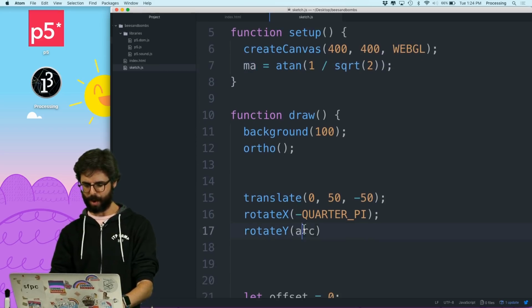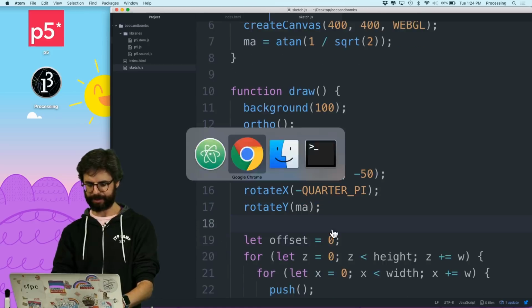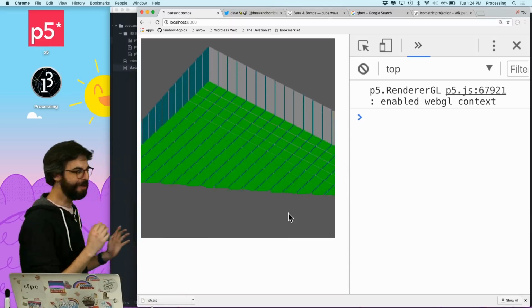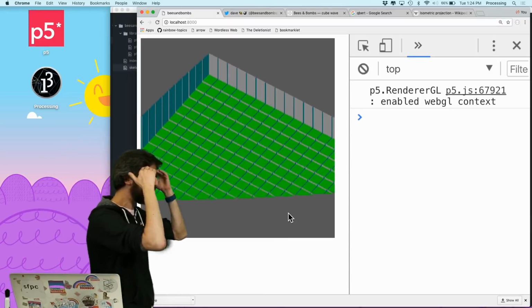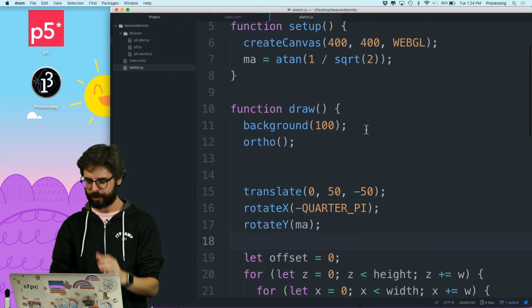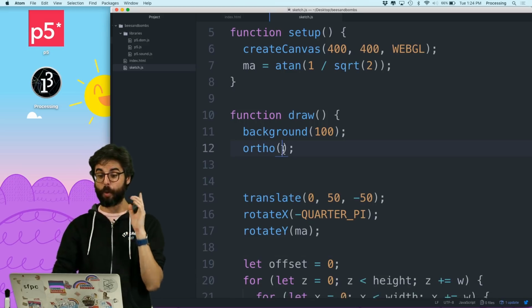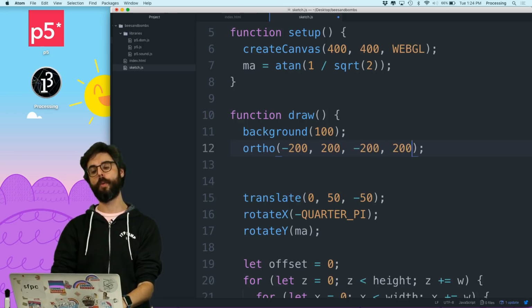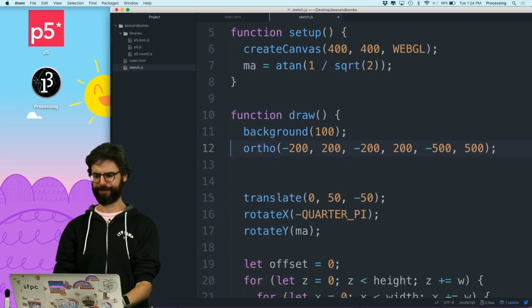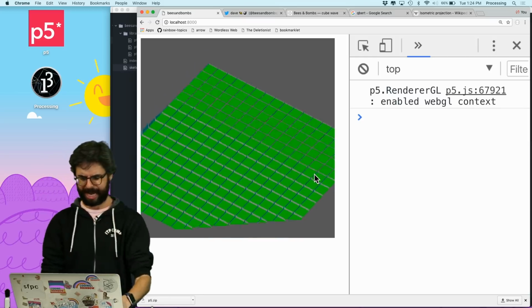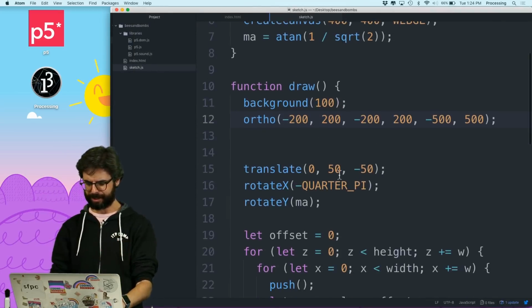So let's now rotate y by that. Thank you, Alka, for having suggested this. There we go. Ooh. Okay, we're in good shape here. Look, I'm seeing this now. Here's the thing. I've got a clipping plane issue. Like I'm not actually able to see the whole thing. So let's deal with that. With ortho, I can say this is the range of what I want to be able to see. So I want to see between negative 200 and 200, between negative 200 and 200 on the y, and then I just want to be able to see like a lot along the z. Okay, that's everything. And maybe I should zoom out a little bit,